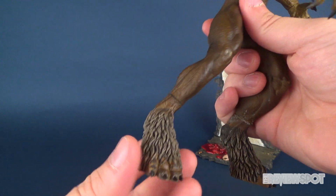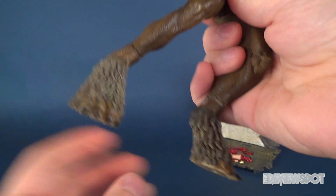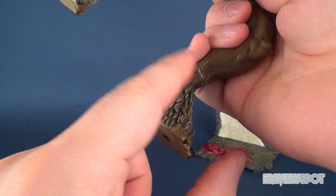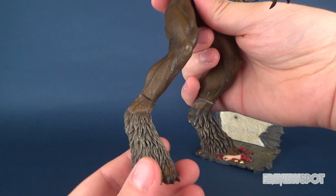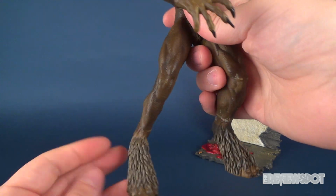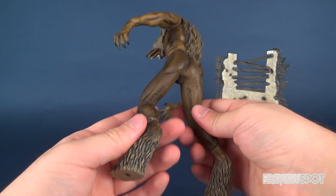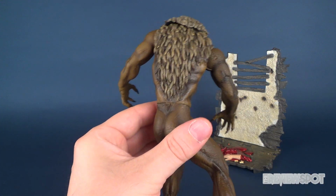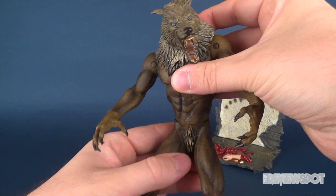Then you get down to the legs. The feet themselves do this. That's all they do. This one can't do that, again, because of the nature, I've just glued that. I can't do anything with it. But really, why would I need to rotate the foot this way? It doesn't look right. It doesn't look natural. So why would I do that? Again, there's the back of the figure. Just a super cool, detailed figure. Not the greatest in the way of posability, granted, yes, but I think he more than makes up for it